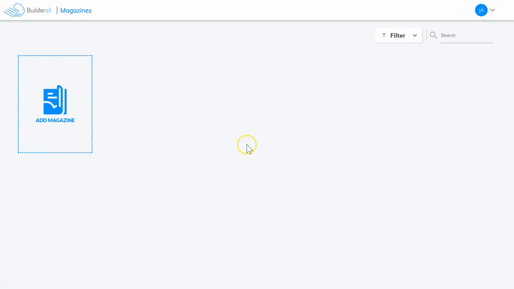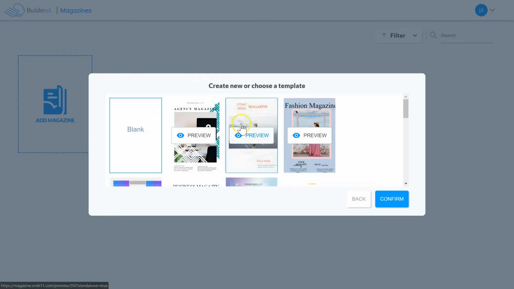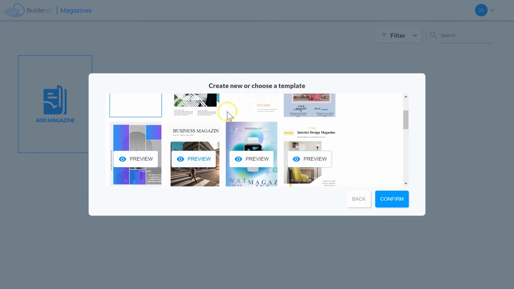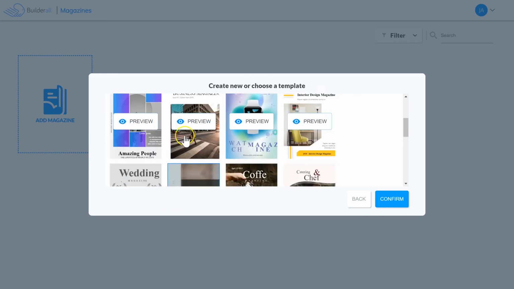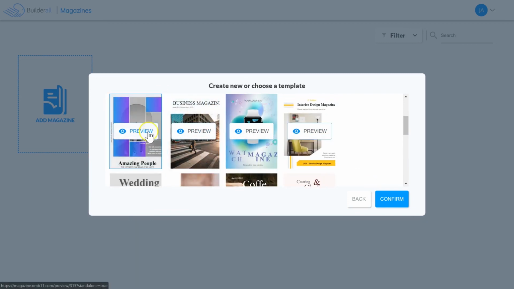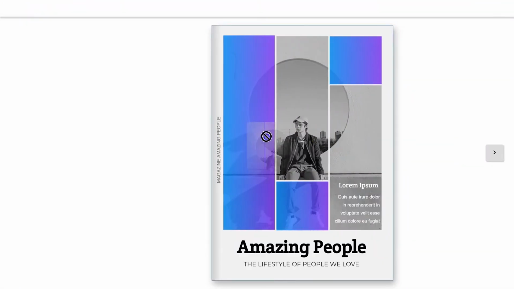So now we're in the Builderall magazine editor, and we can add a new magazine, call it the Nomad mag, and click next, and then you can choose a template. So you can start from a complete blank template, but I would definitely recommend using one of the many customized templates. So I'm going to click on that to preview it, and then you can see a preview of the